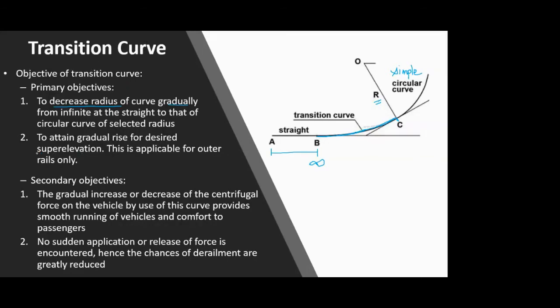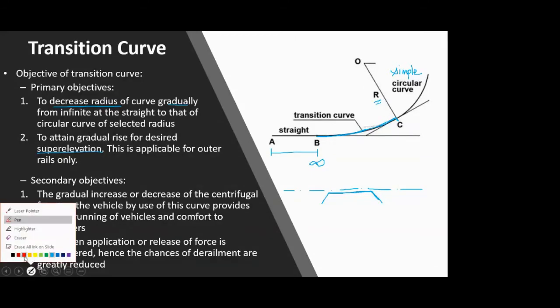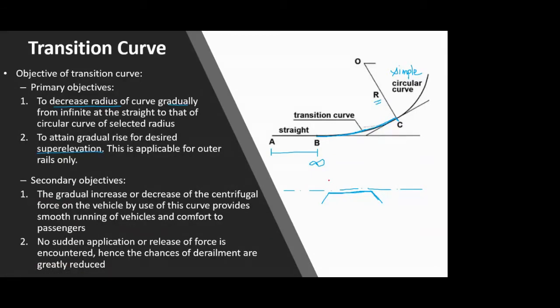Then second thing, as I told you, there is something called superelevation. Now you have studied this in your basic civil also, that superelevation is nothing but on curves. If you have this cross section, now I am not introducing the rails yet. Suppose this is just a ballast layer. So on a straight section, if I draw a horizontal level, okay, so this is your horizontal level. So on a straight section, your cross section is so, and on a curve section, what happens is your outer rail or